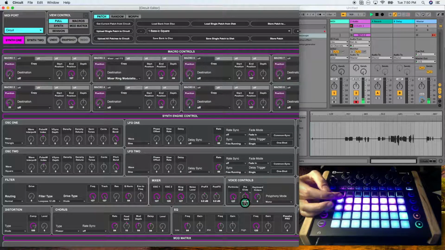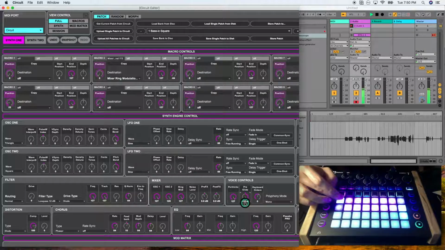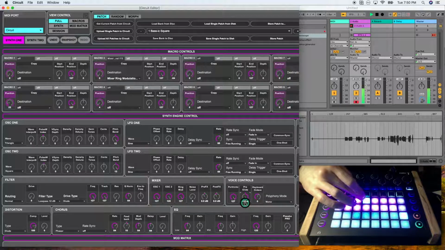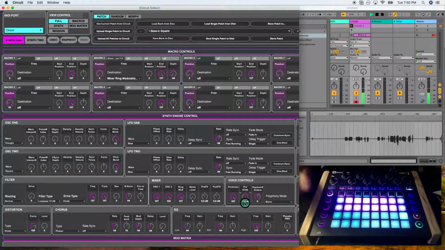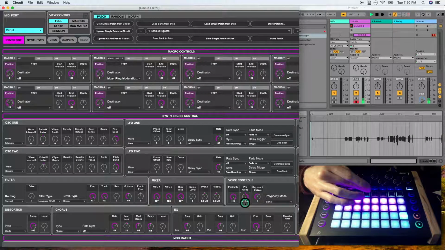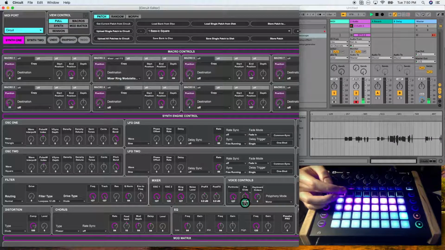Every time I press a note, no matter what note, it's going to be approached in the same way. So portamento means that the note is approached relative, and pre-glide means that the approach is fixed.